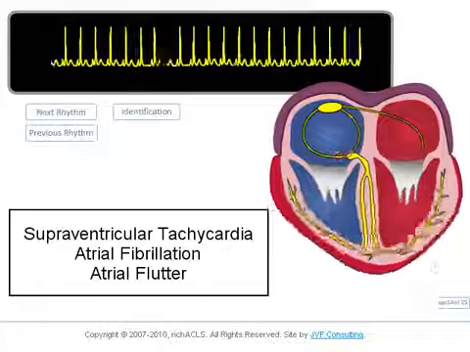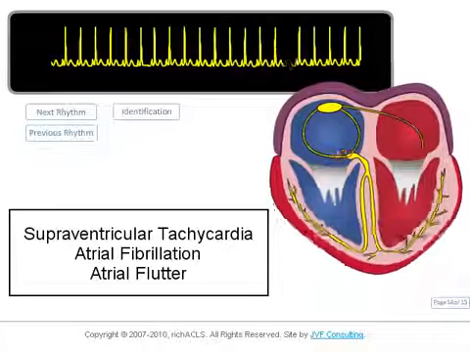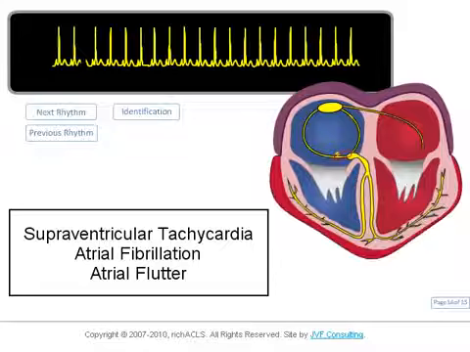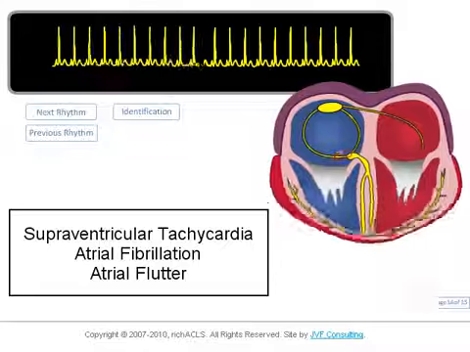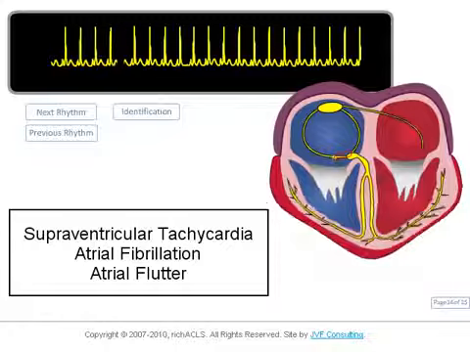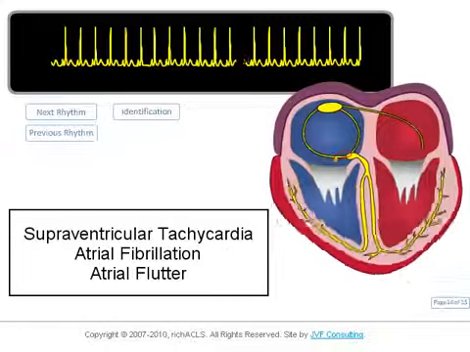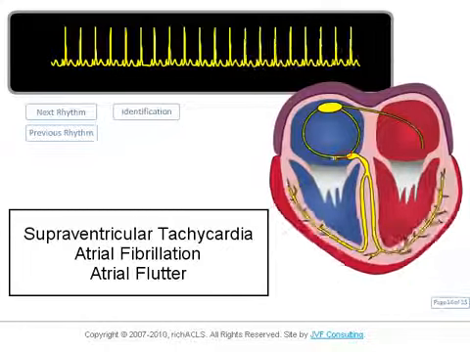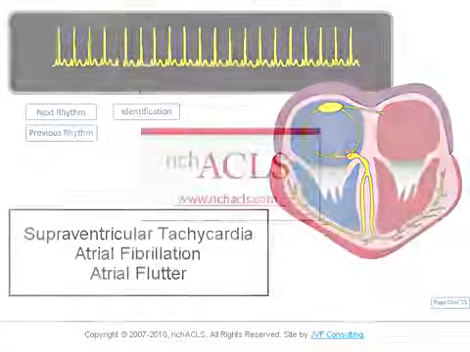In this video, we will discuss three supraventricular rhythms originating from the atrial or nodal tissue, but not from the sinus node. They are SVT or supraventricular tachycardia, atrial fibrillation, and atrial flutter. The full rhythm tutorial can be found at